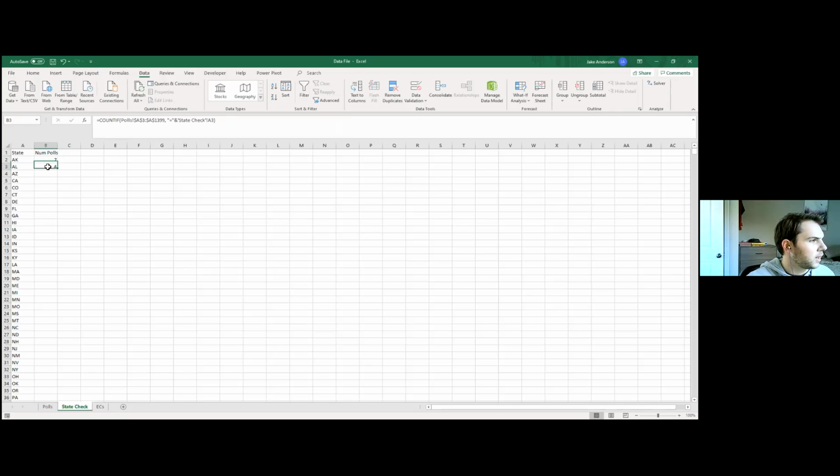So now what you see, okay, there we go. So now as you drag this down, you see it references the same settings. This variable still moves because we didn't lock it down, but the range stays locked down. So we can